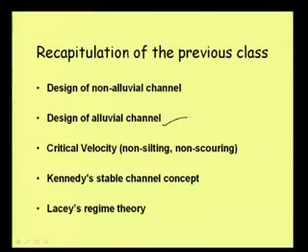And of course, we started discussion on alluvial channel earlier, and on alluvial channel our main design criterion is the concept of critical velocity that we did discuss in the last class. The critical velocity we mean here is the non-silting, non-scouring velocity. That means, we need to have the size of the channel in such a way that the dimension of the canal should be such that the flow velocity will be of the type that it will neither cause scouring of the channel nor